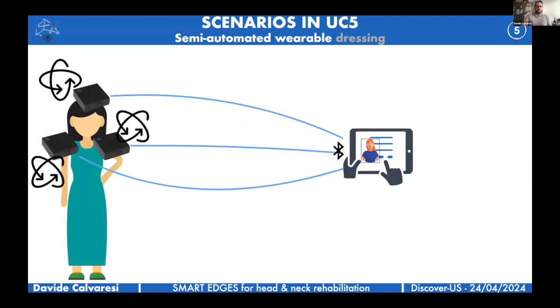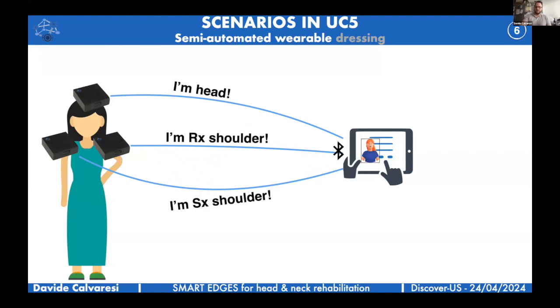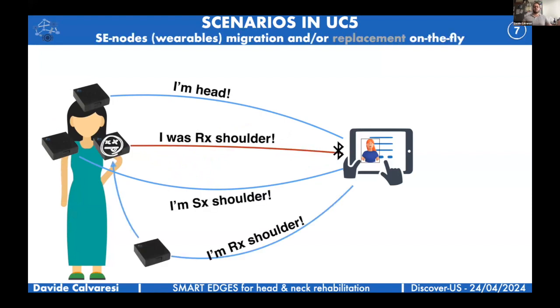automatic way. Now, clearly, once they have understood where they are, and for this very use case of neck rehabilitation, we have envisioned, collaborating with the therapist, that the minimum number of sensors that we need should be 3. All right, so position 1 on the top or on the back of the head, and 2 around the shoulder area. We have the identification, and then things that can happen would be, for example, one battery